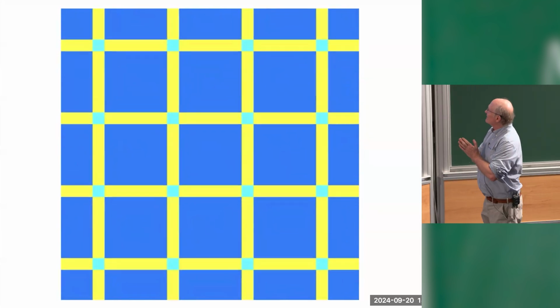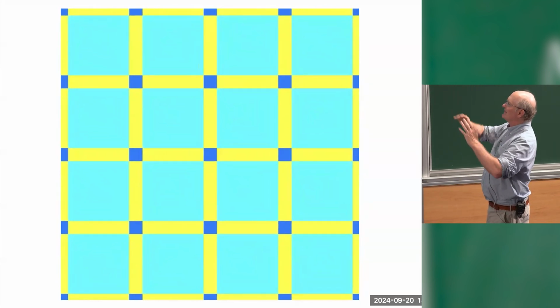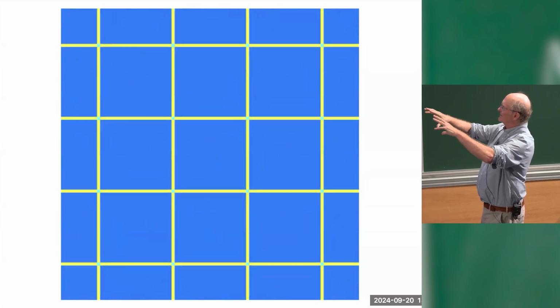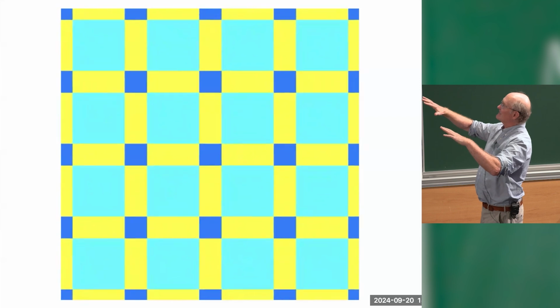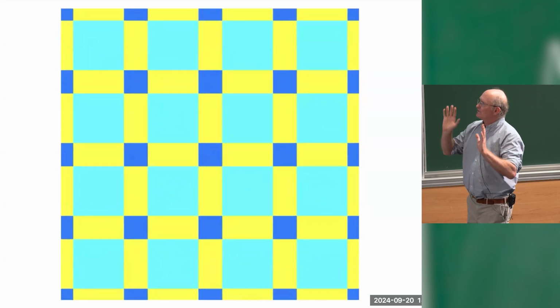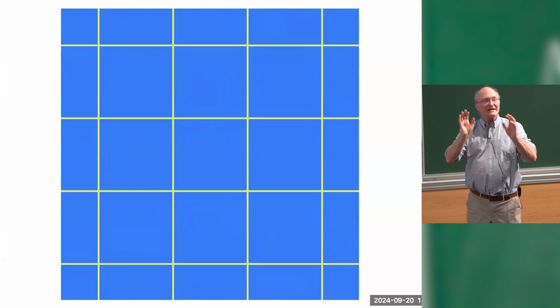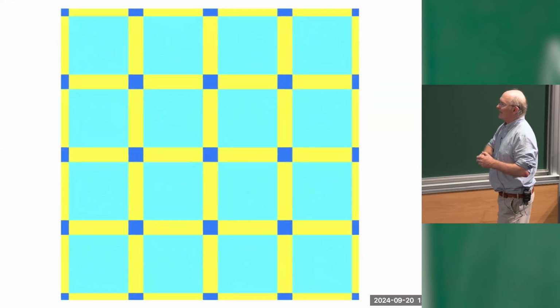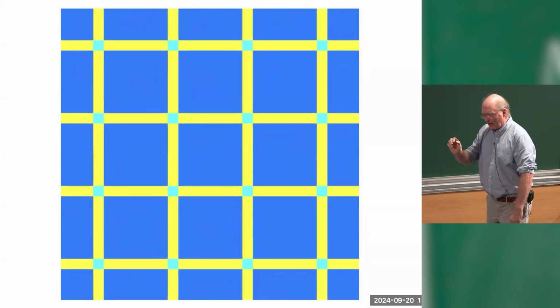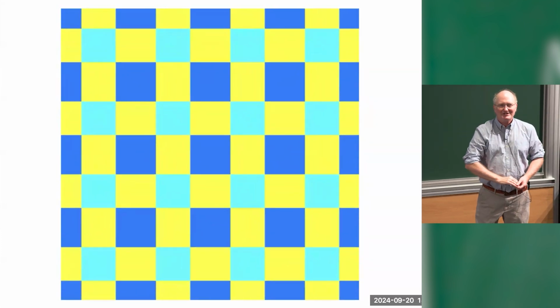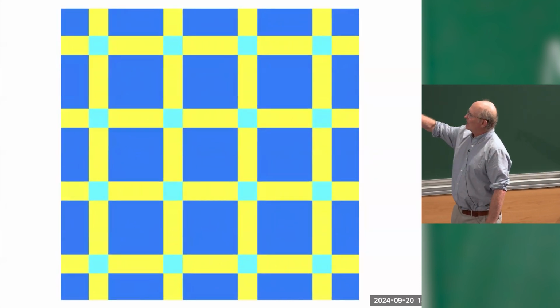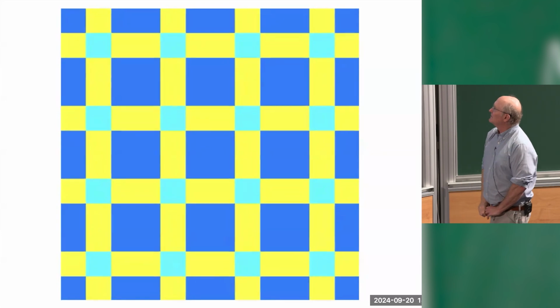So forget about the discussion. This has something to do with a torus, but think of this as a tablecloth with a square pattern on it, but it's changing in time. And yellow, we do not want to touch the yellow part of the tablecloth. Actually, we're willing to touch an edge of the yellow, but we don't want to go into the interior of the yellow. And what we want to do is take a small ball and roll it across the table so that it never enters the yellow. So you want to roll it across the table so it can touch the yellow, but it never enters the yellow. So does anyone see a way to do this?